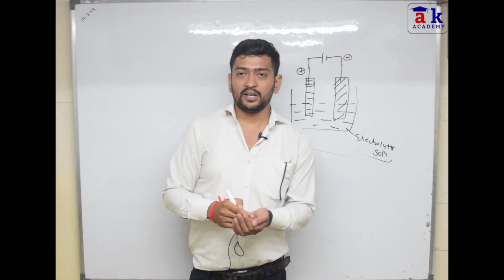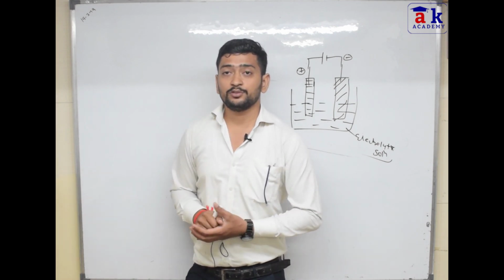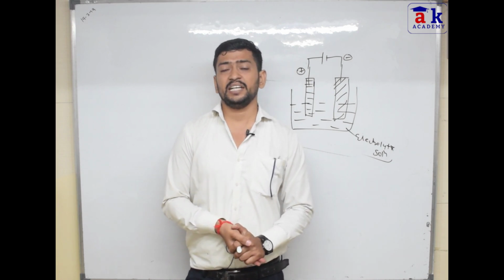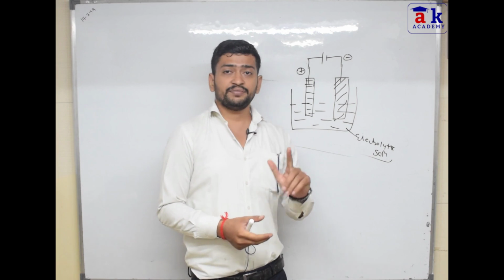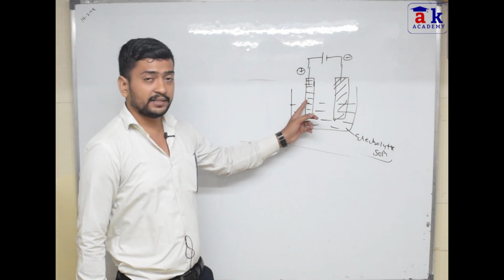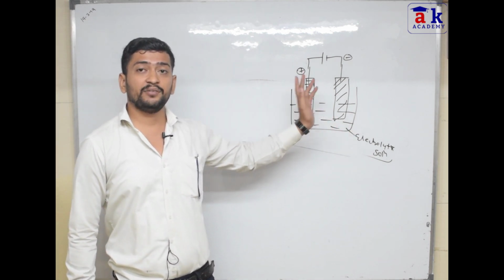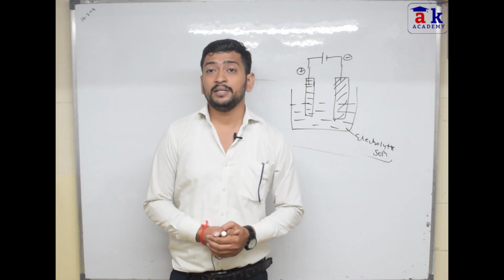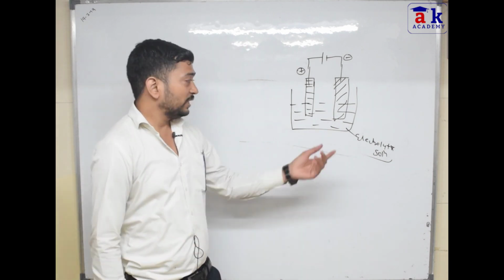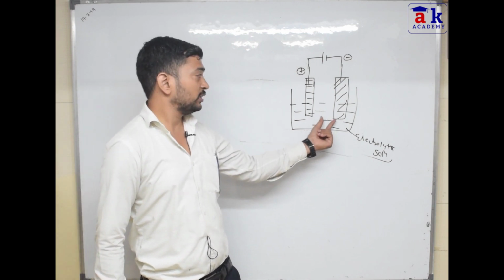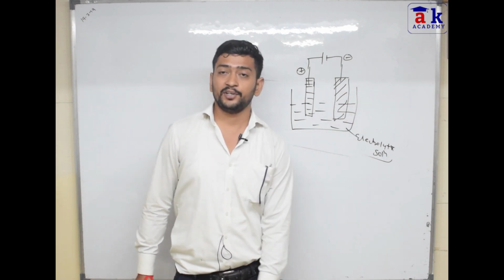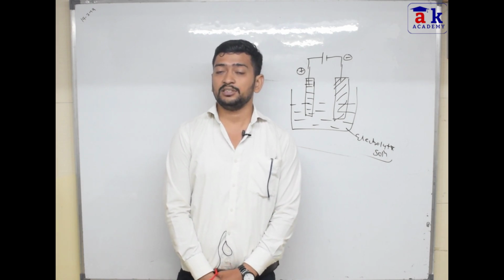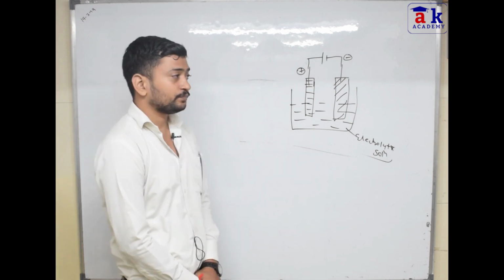As we have discussed, whenever a metal rod is dipped into the solution of its own ion, there are two possibilities: either electronation or de-electronation can take place. The first tendency, when the metal gets dissolved and converted into metal ions, is basically called solution pressure. But when the metal ions from the solution get deposited on the electrode, this tendency is called osmotic pressure. These things we have discussed already.